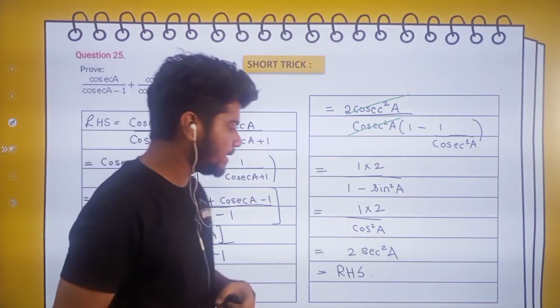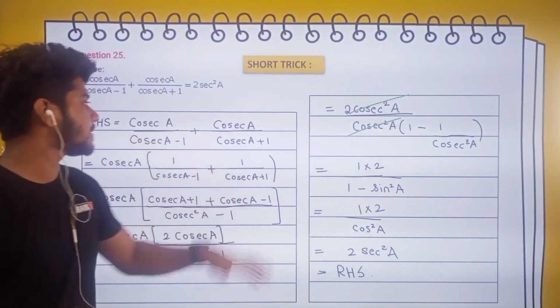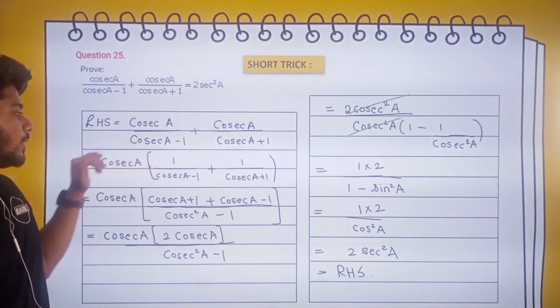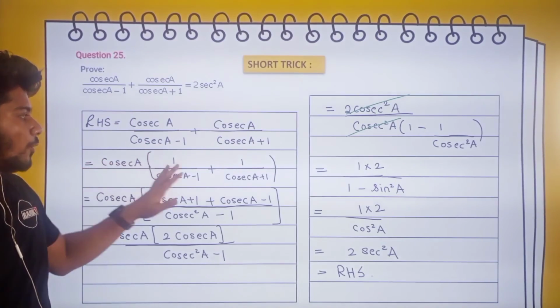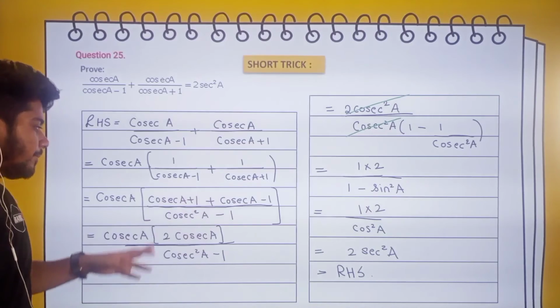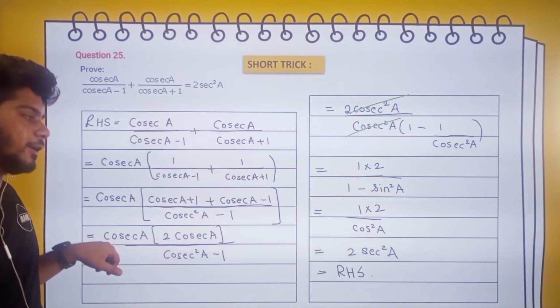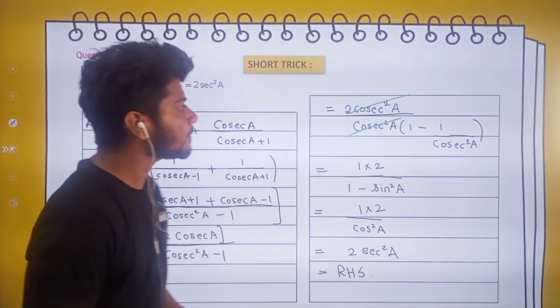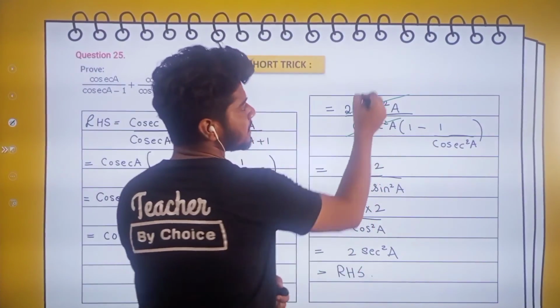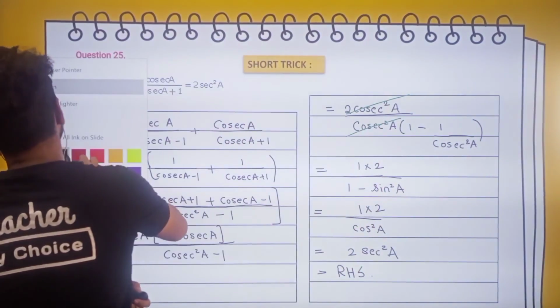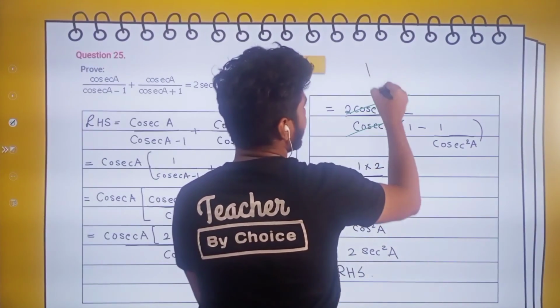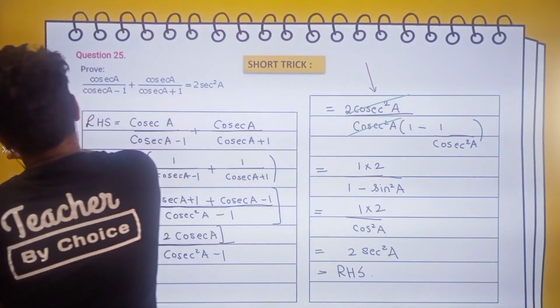See, I want full attention. Again, I am explaining the sum. The sum was very easy. We took the cos A common, cosec A common. Okay, then simply take the LCM, cross multiply. What you are left with? This is 2 into cosec A into cosec A. Right? Then what I did was, this is a very important step. Look here, if you don't understand this step, it will be difficult. This is the adjustment step, we call it.